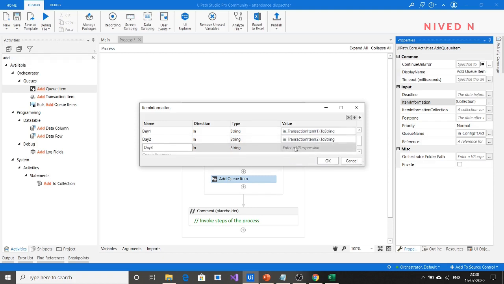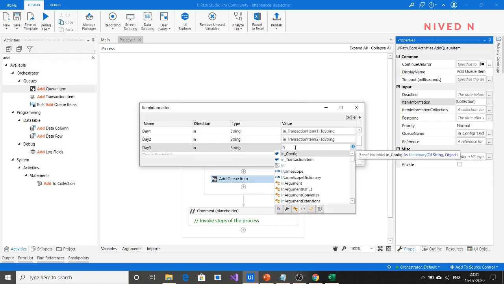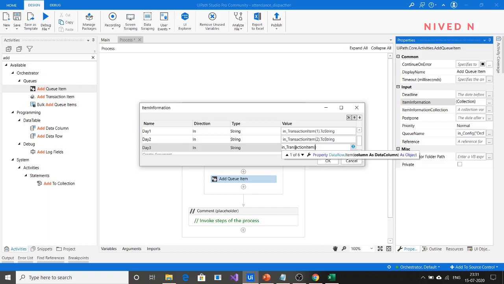So by transaction item, since it is in the same order, I don't need to look at what the column index is again and again. Okay, so now similarly day 4. You can also look here, but since they are in the same order, you can just directly type. That's better. Then dot to string.